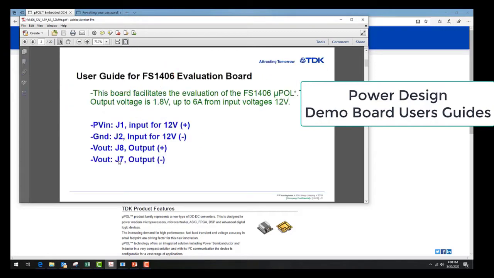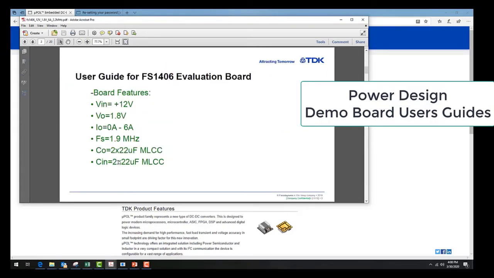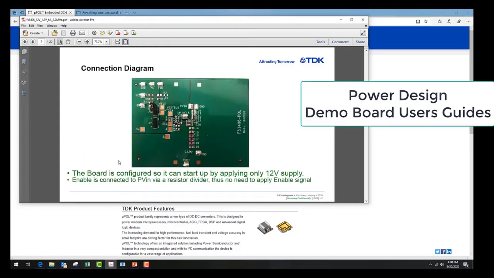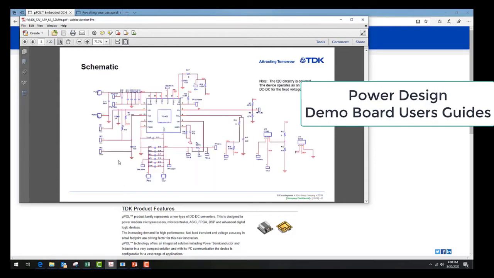It provides you with the actual connections, the board features, the input, the output, as well as the input capacitor and the output capacitors, the connection diagrams of the board as well, where you can verify many of the measurements, as well as the layout of the eval board and its positions. It even contains extra capacitor slots if you want to add in more output capacitors in case you would like to reduce any DC or AC ripple. A very simple schematic which shows you the exact schematic as well as where the test leads are located,